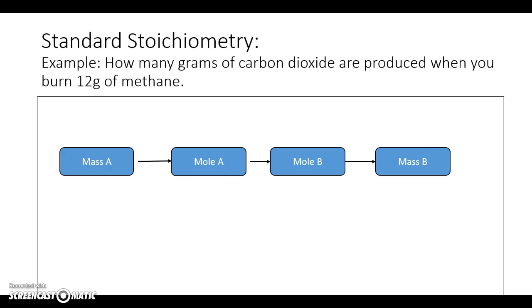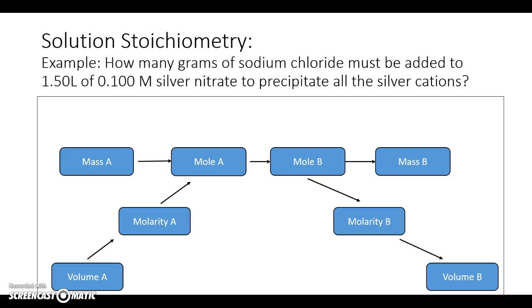In solution stoichiometry, you're going to have a much more complex version of dimensional analysis. In solution stoichiometry you're given information on the solution, either given volume or the molarity, and then asked to find either the mass or volume or molarity of another solution or another chemical. So this is a classic solution stoichiometry problem. How many grams of sodium chloride must be added to 1.5 liters of 0.1 molar silver nitrate to precipitate all